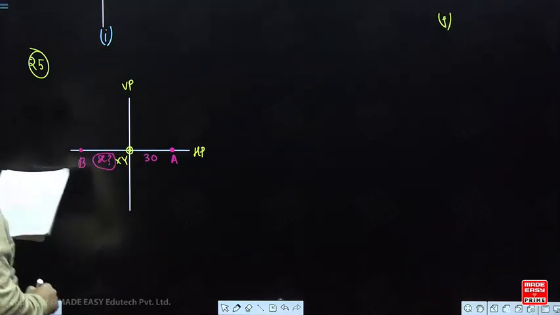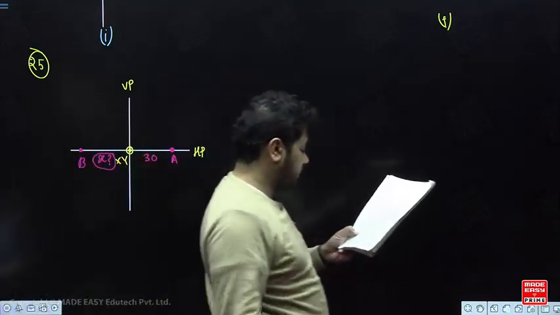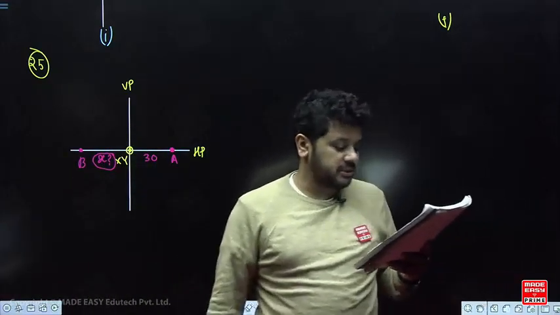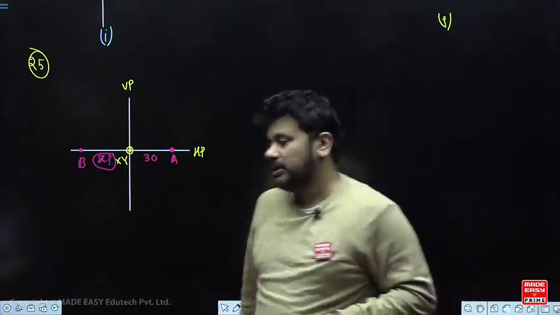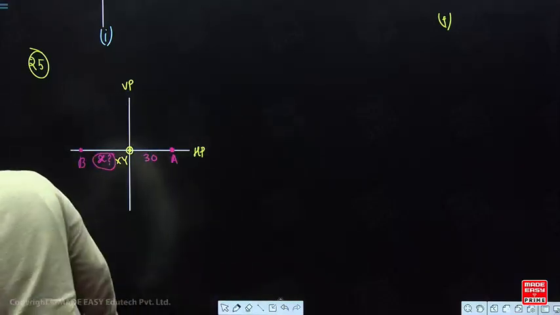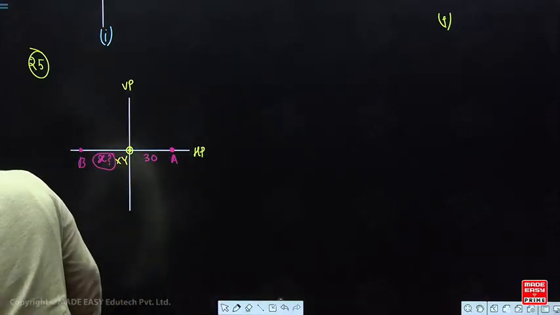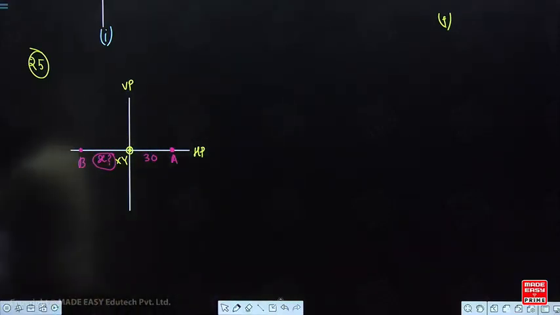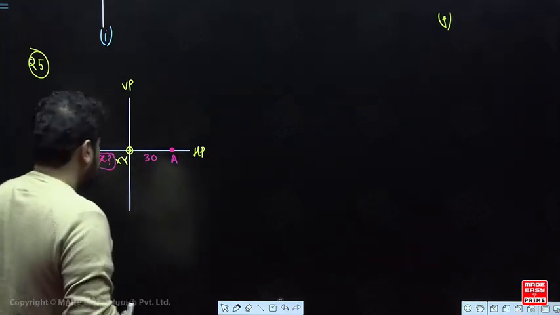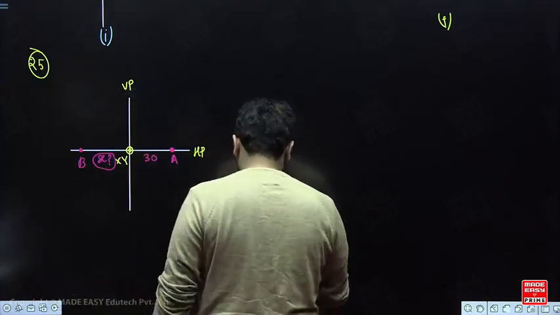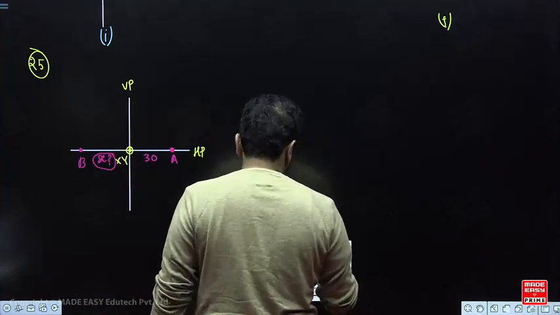Okay, the distance between their projectors is 75 mm. Now, what is this distance between their projectors? Let us understand this thing. Distance between their projectors, what does that mean? It means that, see,